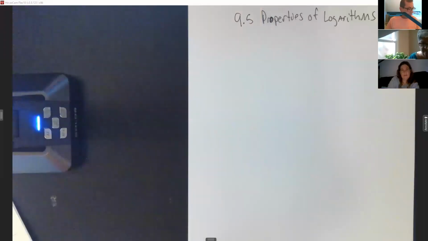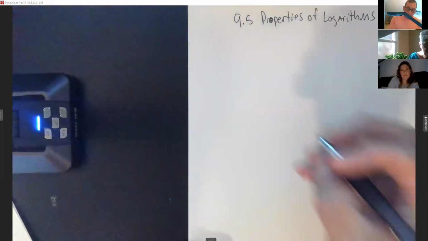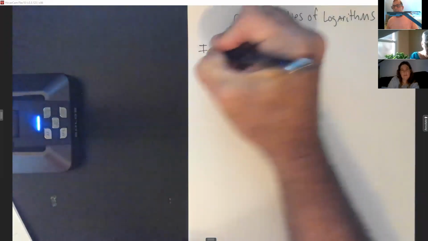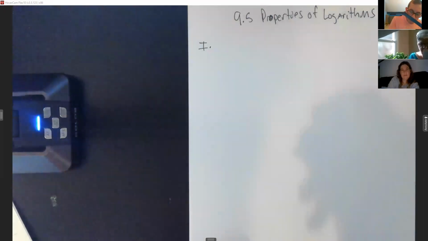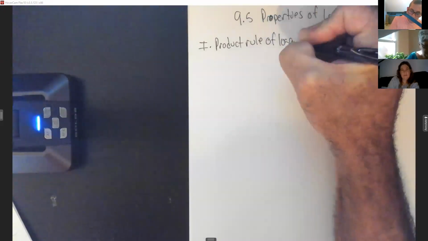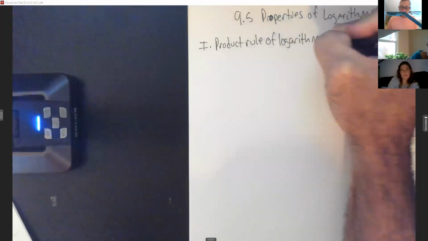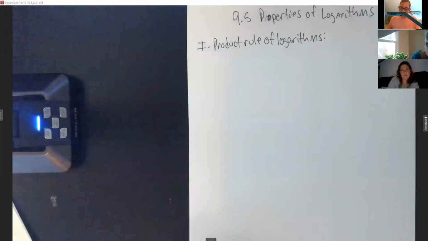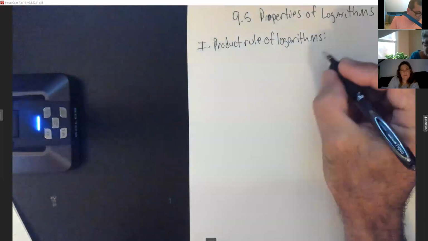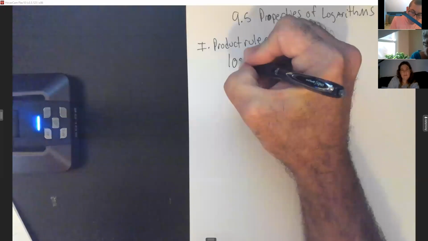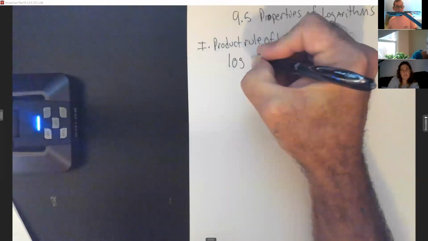All right, so this is going to deal with properties of logarithms. All right, so I'm going to list some properties. So the first property we call the product rule of logarithms. All right, so the product rule of logarithms tells me that if I have a product of a log, such